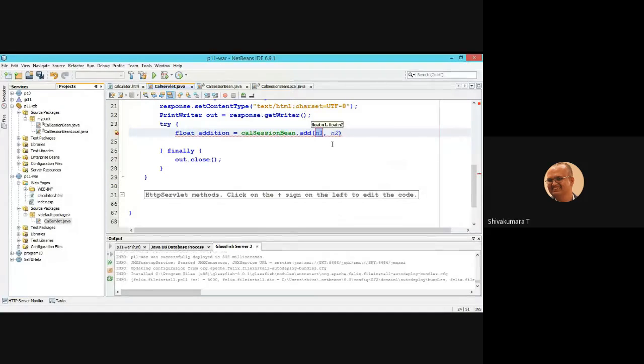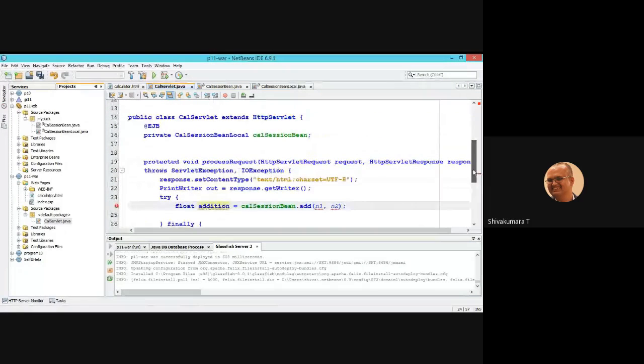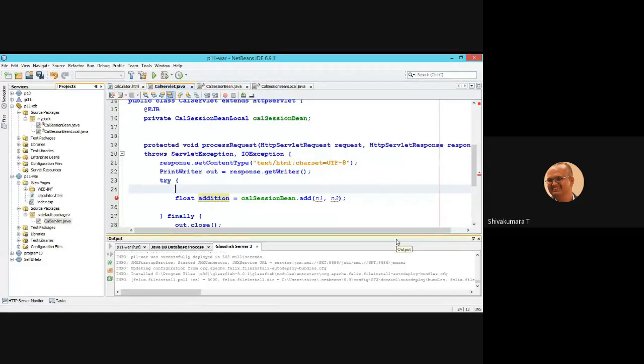Add method n1 n2. Before that, n1 and n2 are passed as parameters, so you need to collect the variables passed from your HTML form.